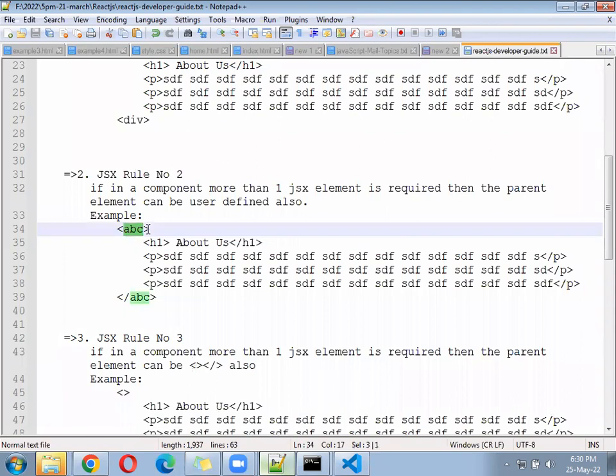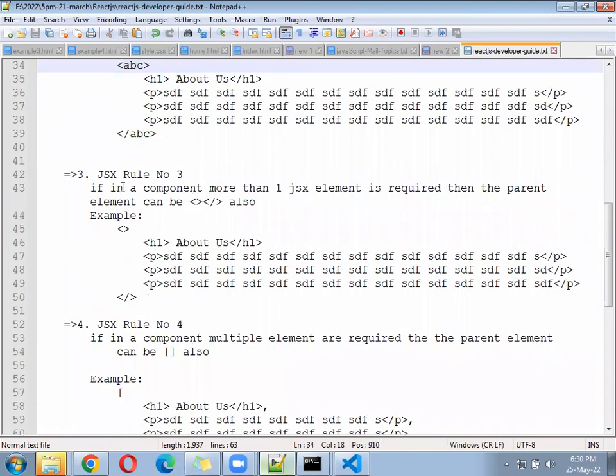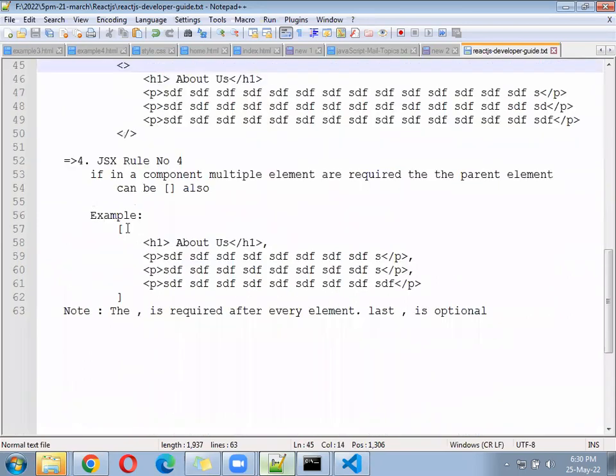In case user defined tag is not suitable, you can use the empty tag also. In case that is also not suitable, you can use the last option, that is square bracket. Inside, every comma, last comma is optional, whereas after each element we have to give a comma.